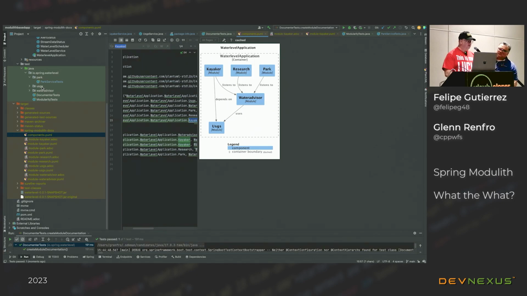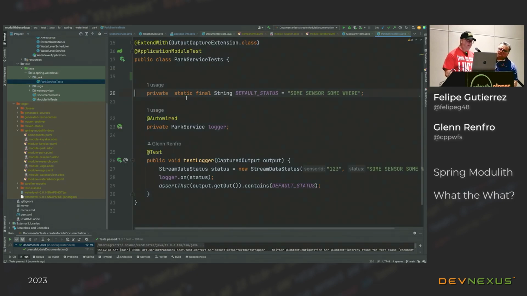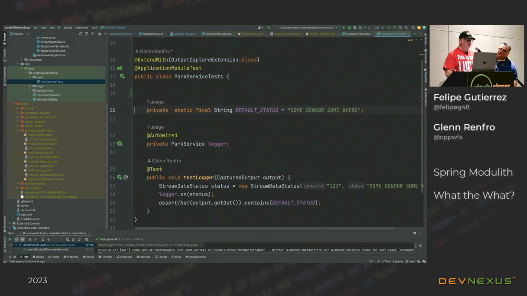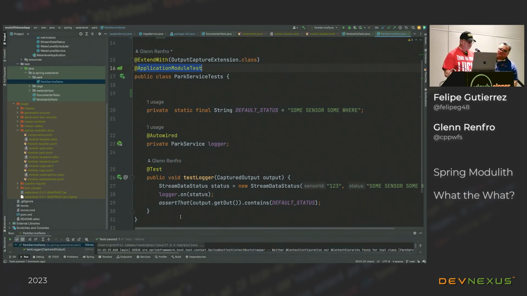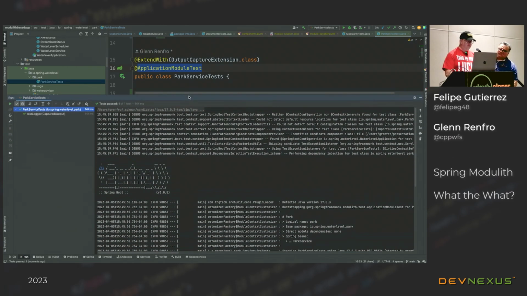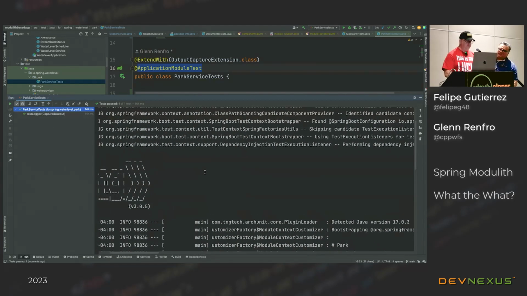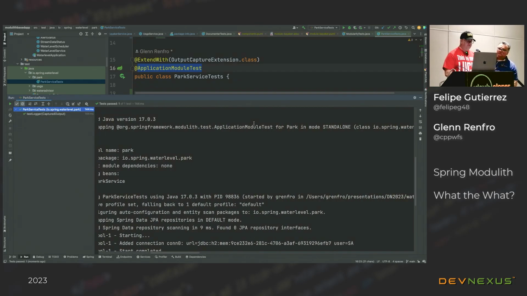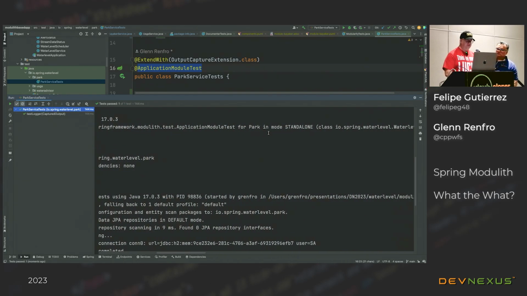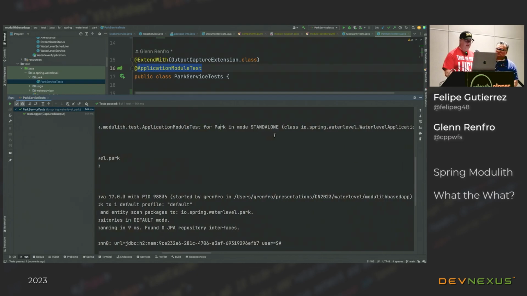Now, the one thing I also want to cover is how can I test these modules in isolation? What I can do, instead of using Spring Boot test, is add what's called application module test. And what that means is I can actually test a module in isolation. So by doing that, when I run it and we zoom in here, we can see that instead of Spring Boot test, we're running the application module test for Park in standalone.